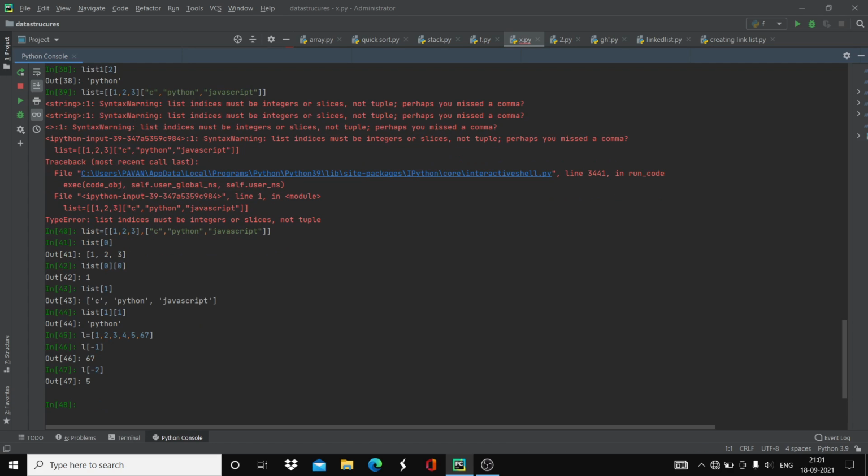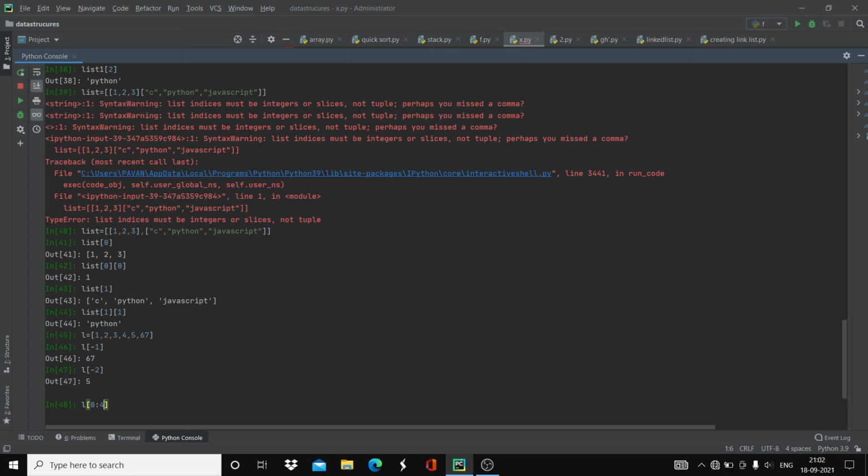And not only creating the list, but you can create a sublist also. For example, say you want to access the elements from 1 to 4. 1 is present at the 0th index, and after the colon, if I mention the size as 4, it will come up to 3.